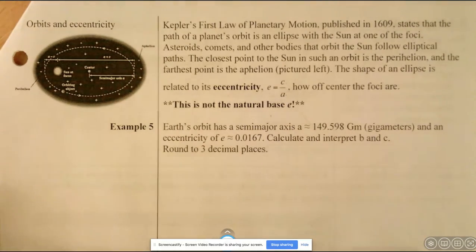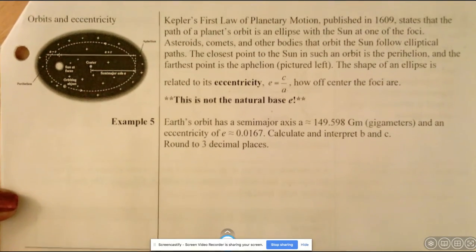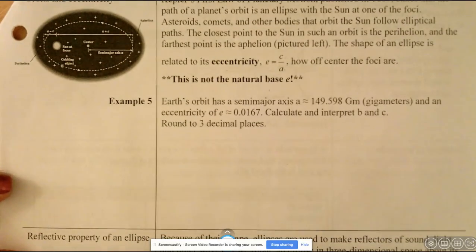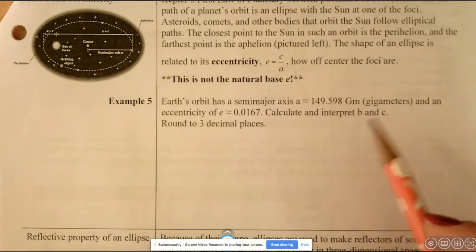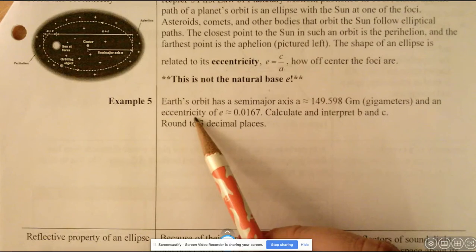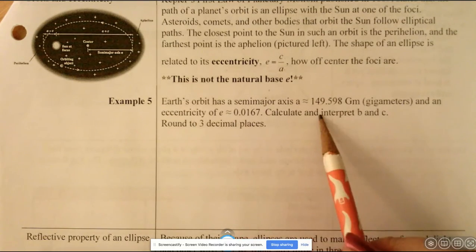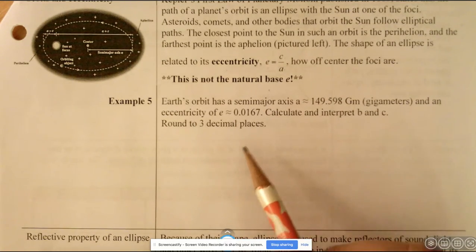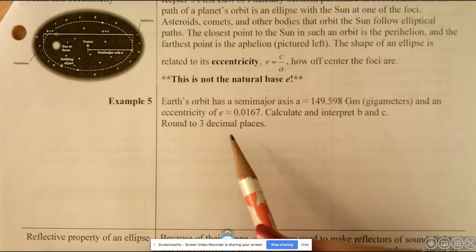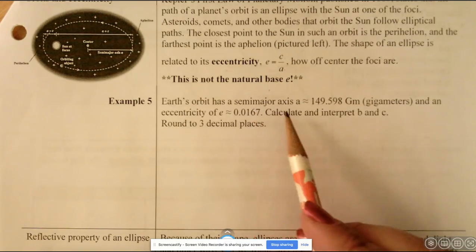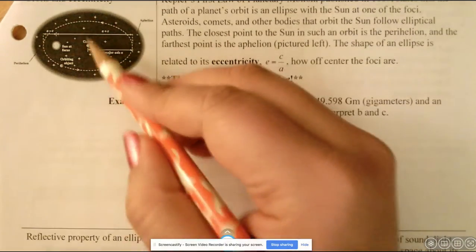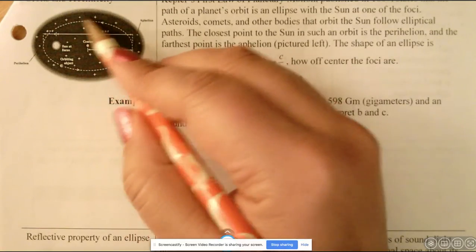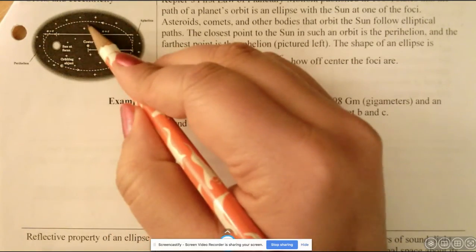So let's take a look at example 5. Earth's orbit has a semi-major axis of A and an eccentricity of E. Calculate and interpret B and C. Okay, round to 3 decimal places. Well, we know it's semi-major axis, so we can use the diagram above. If this is the path of Earth's orbit, its semi-major axis is the distance not to the vertex,